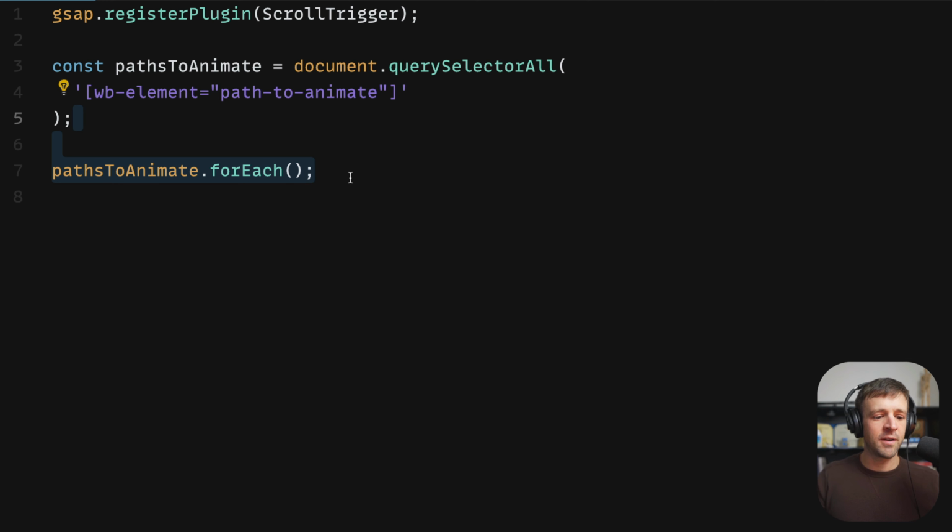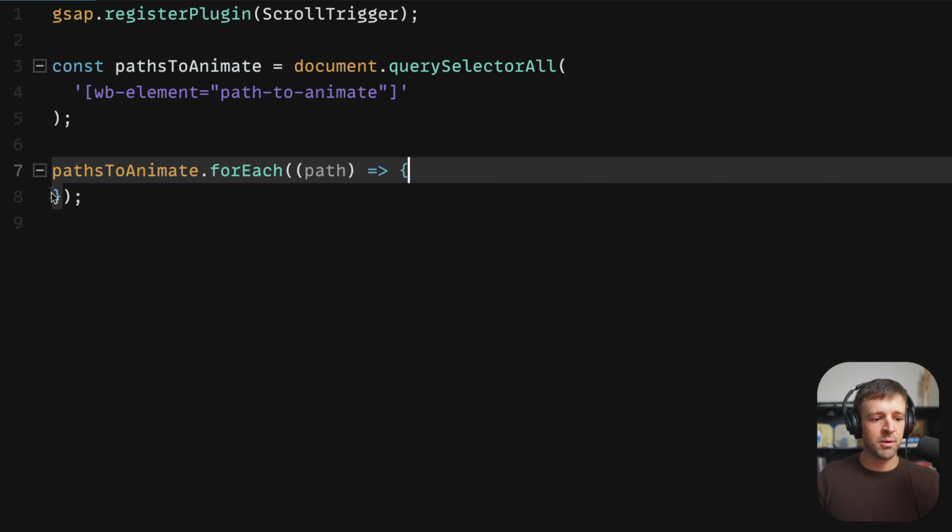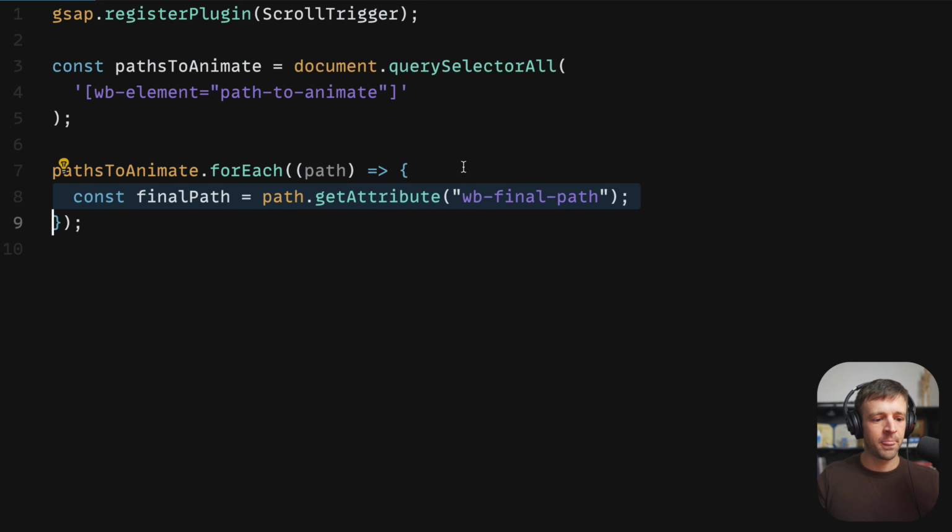Right now we only have one, but in case we want to add more in the future, this will do it for every one. And then the for each function gets its own callback function, and that callback function gets a parameter where we're passing the path. And within these two curly brackets, we will write our code. So the very first thing we want to do is we want to get a reference to that final path by calling path.getAttribute. And the attribute name that we gave our final path was